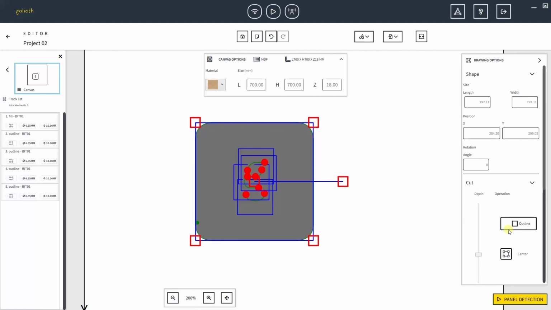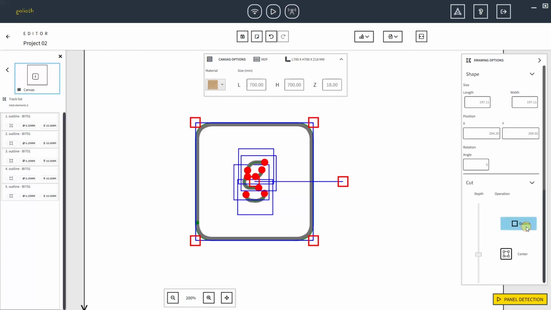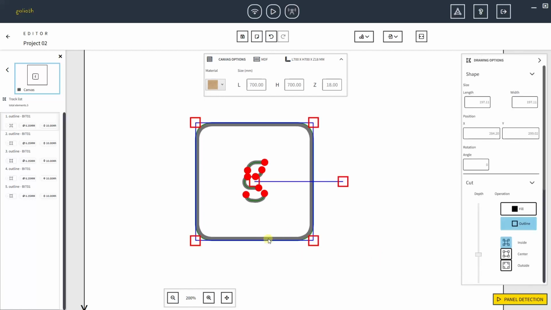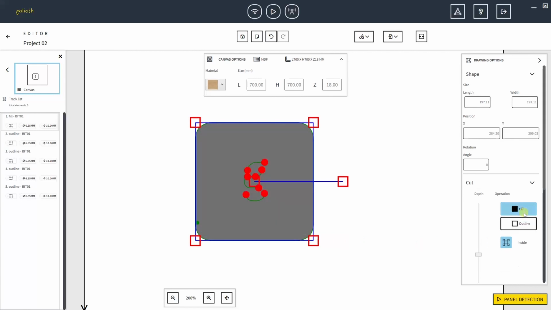You can distinguish an open path by the red dots at its ends, as it happens here for the path at the center of the square. We will now set every path to outline to show more clearly the project. Let's select only the outside square by clicking on it. Once selected the path you want to change, click on Fill or Outline from the Drawing Options panel to modify